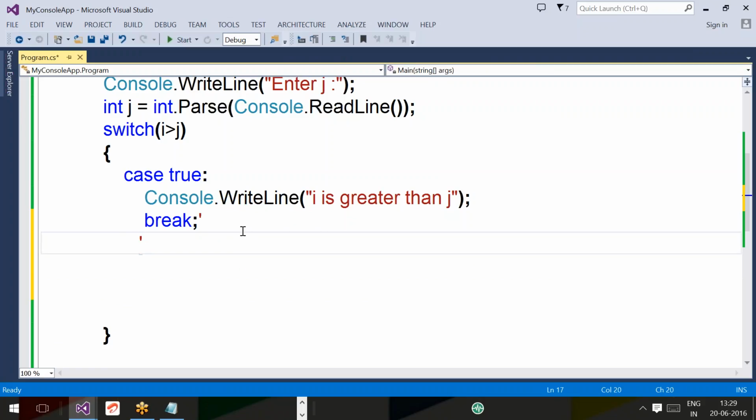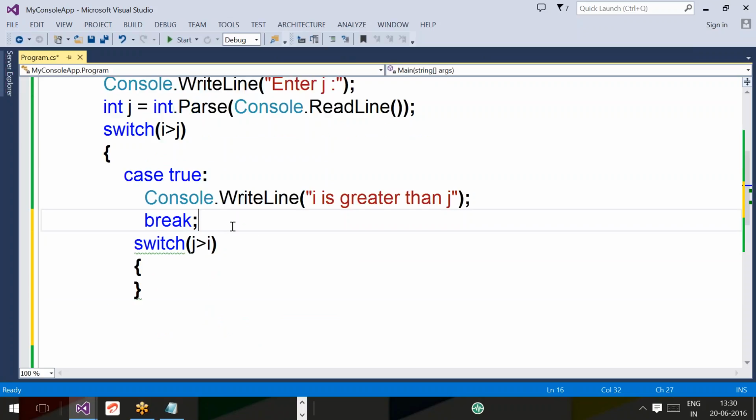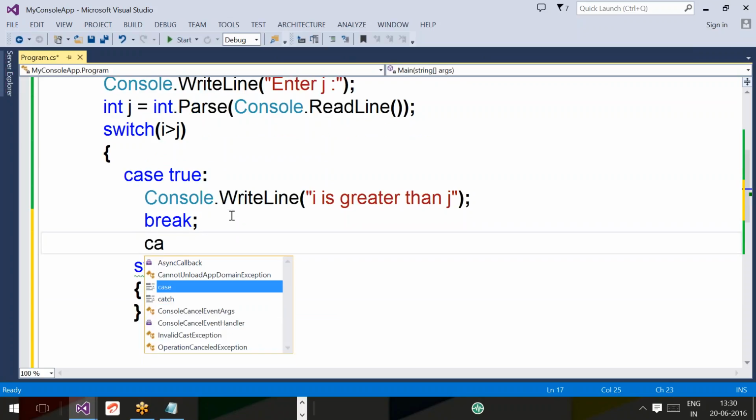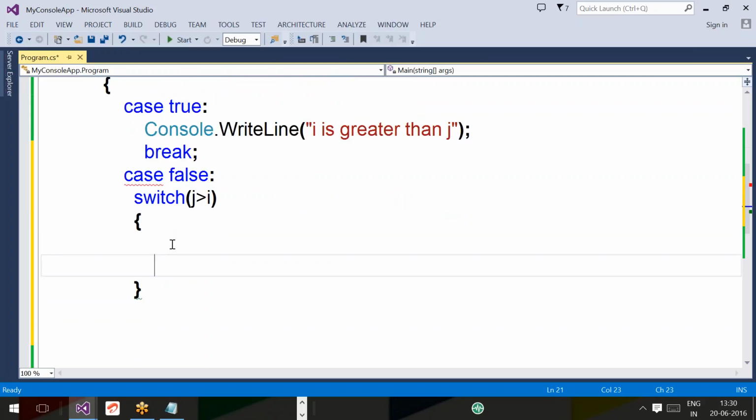Again, what can you write? Switch. What? J greater than I. Right. Case true and case false. Case false means control will go to false, which means there is a chance of either